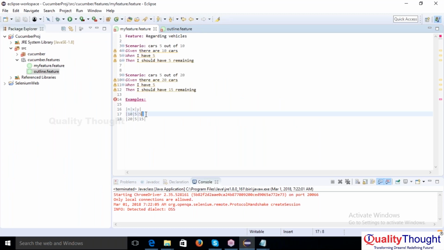Here the first record is going to be executed, and then it is going to execute the second record. If we have a third record, it is going to execute the third record, like that. But when you have thousands of records, are we going to mention all the thousands of records line by line here? We can't. That is the reason we have a concept called step definition file,